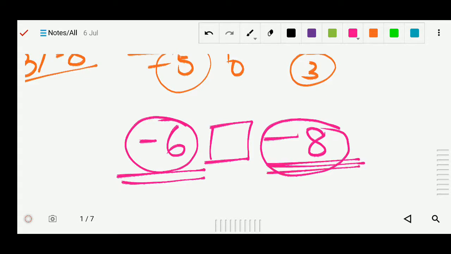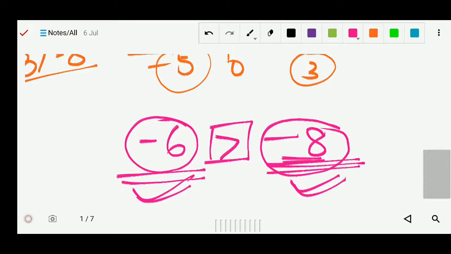माइनस मीन्स इसके पास नहीं है, मांग रहा है. इसने कितना मांगा? 8 रुपया मांगा. ज़्यादा मांगा ना इसने. इसको कर्ज चाहिए 8 रुपीज़, इसको कितना चाहिए? 6 रुपया. तो ज़्यादा कर्ज में जो है वो ज़्यादा गरीब है, तो ये छोटा हो गया ना. तो who will be greater? This is, -6 is greater.